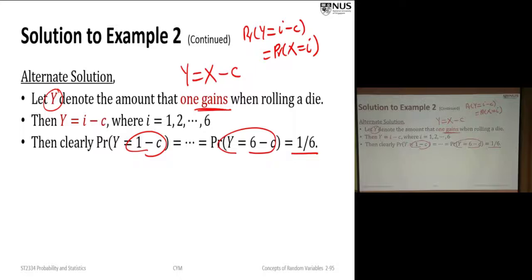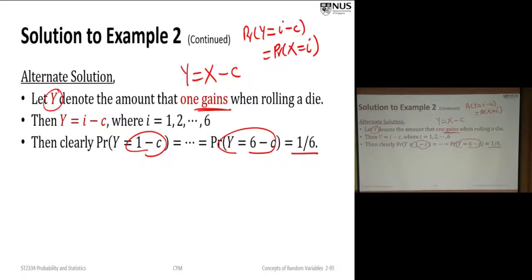The calculation is very simple, but I want you to understand. I approach this problem, the expected gain, by making it 0. So what should C be? This is the original question. One way to do it is I get the expectation of X, how much he will gain, and then put C equal to that value. That will make the game fair.